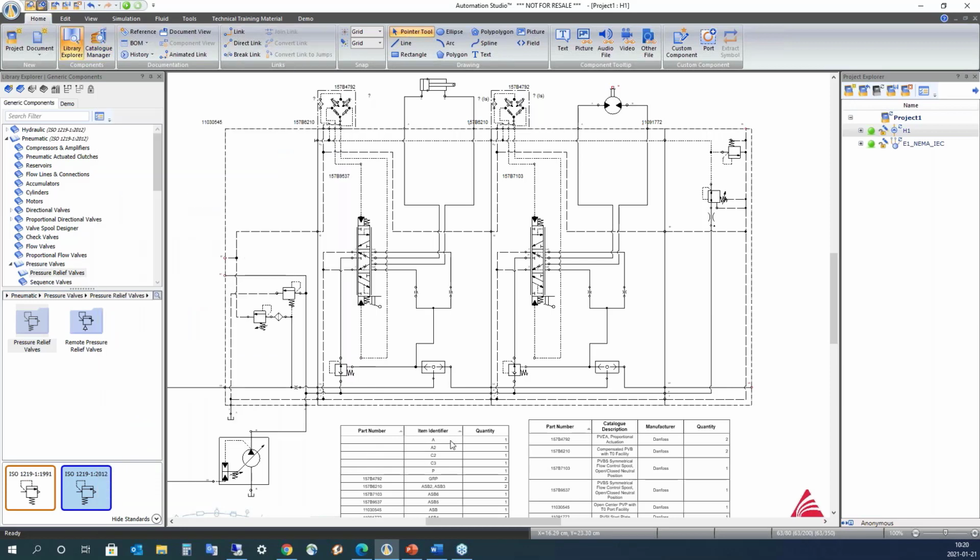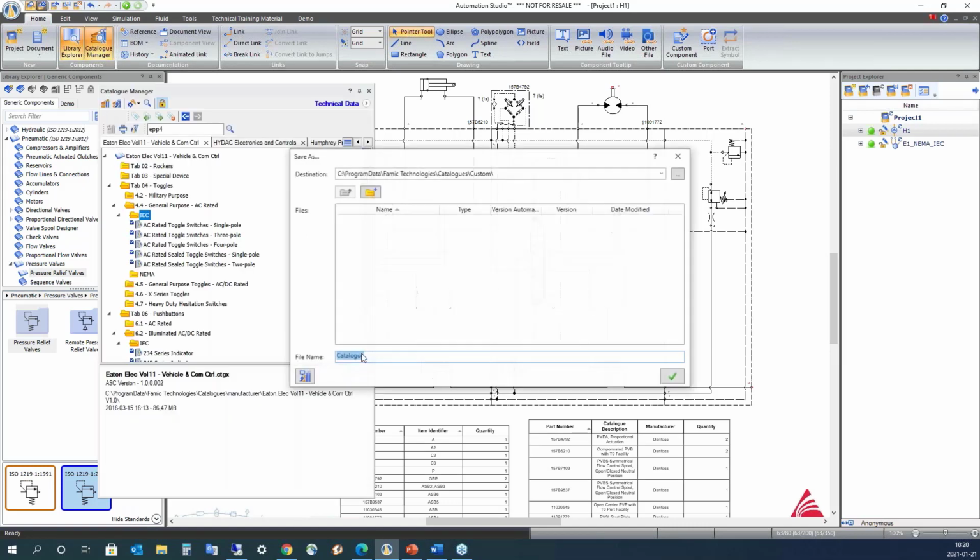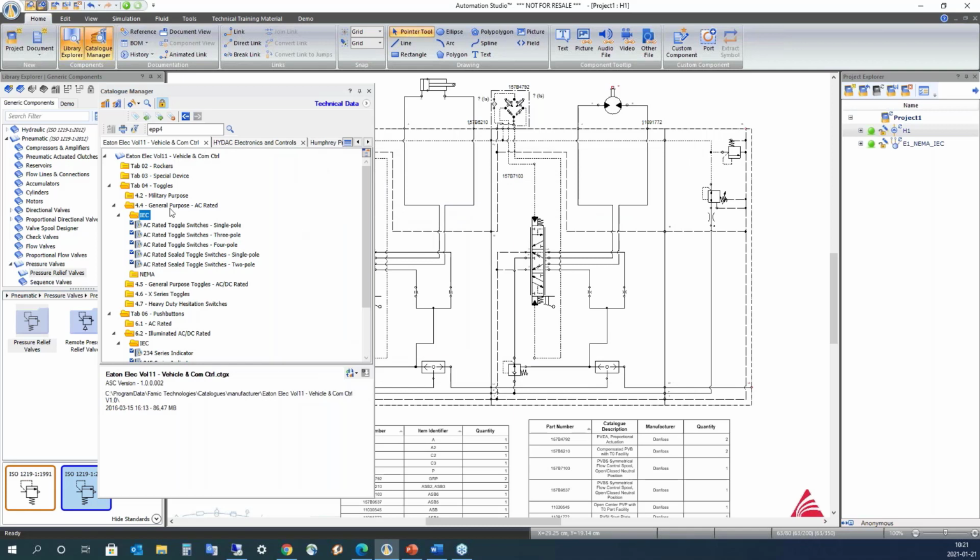Okay, thank you. So the question is how to create your own catalog. Imagine you have this circuit and you would like to keep it, starting to create your own catalog. Yes, you can. You just click here and you create, and it will go in program data by default. It will go in program data, FAMIC technology, custom, and you just put the name, demo webinar. Once you have created your database,